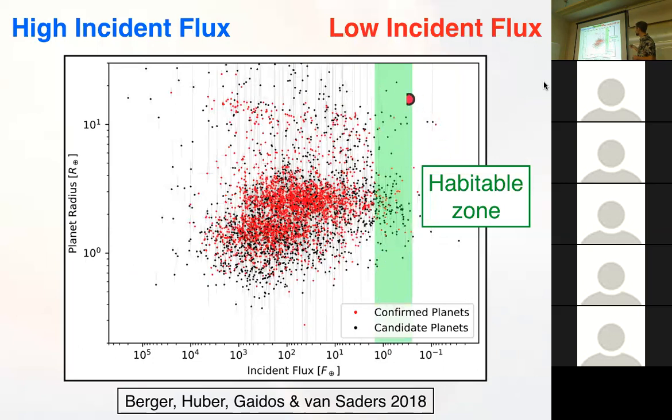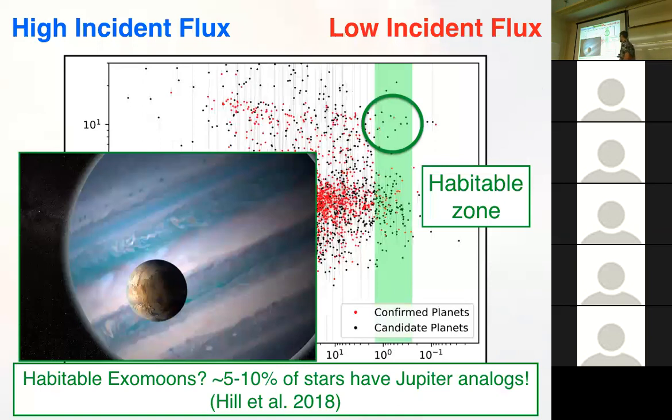But there's a whole bunch up here as well, Jupiters, that are in the habitable zone. So one of the questions, and in fact there was a recent paper that I found that explored this, is that you could think about planets around Jupiters that have moons, and those moons are in the habitable zone. Those moons could potentially also be places where life could develop. You don't have to necessarily always stick to the planet, but if you have a Jupiter around which you have a moon in the habitable zone, that might be another place with life. And they're actually not that rare. So we now know that about 5 to 10% of all stars have a Jupiter analog. So a Jupiter in the habitable zone, I should say. So it's not a small fraction.